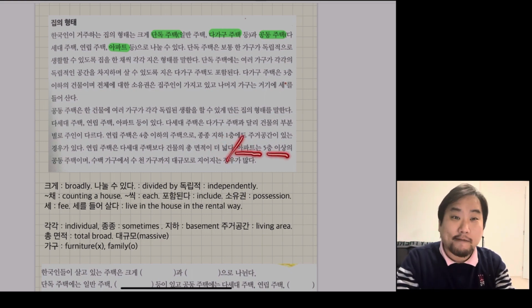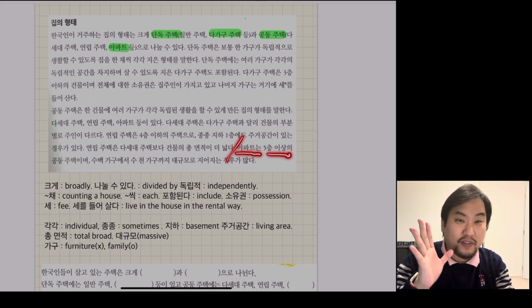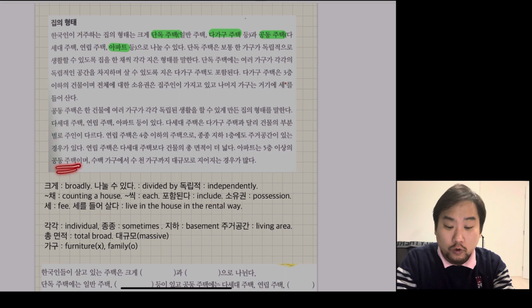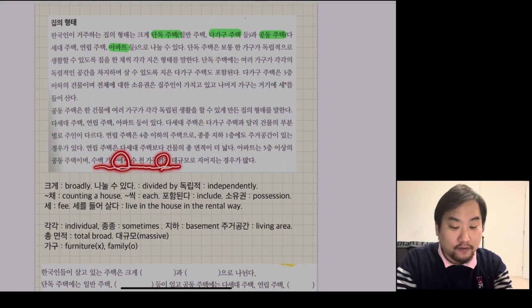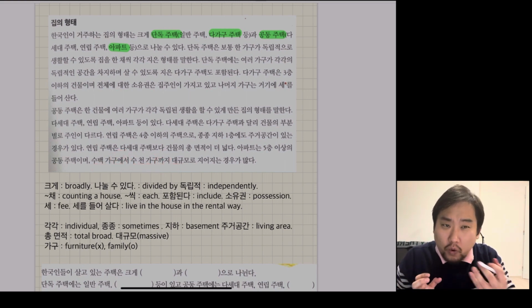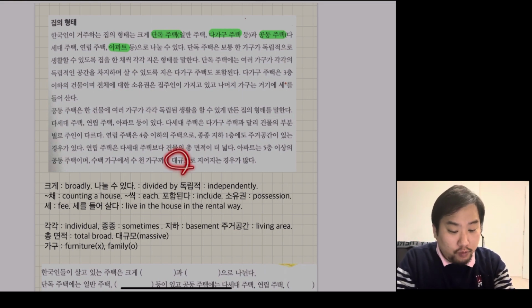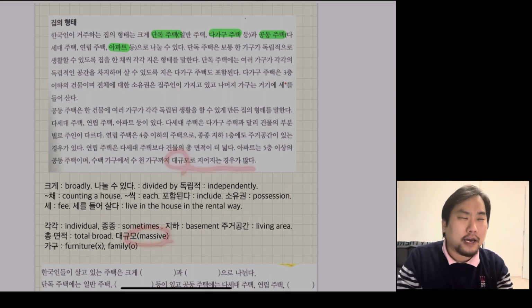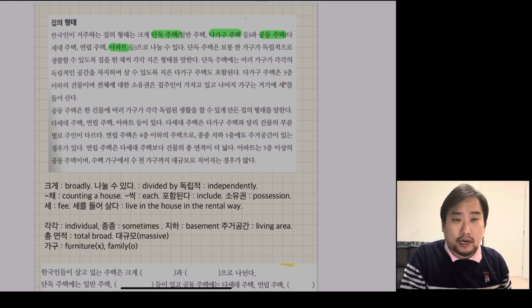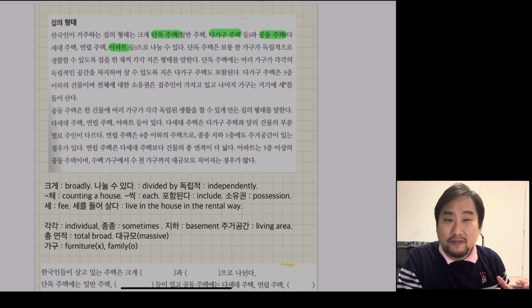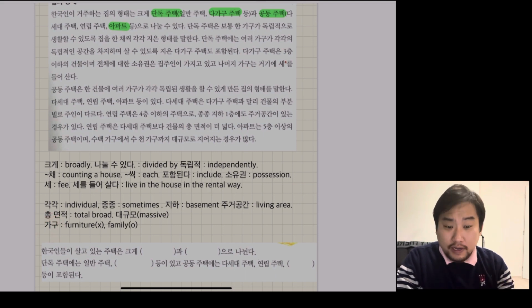apartment는 5층 이상, more than 5 floors, 5층 이상의 공동주택이며 수백 가구에서 수천 가구까지, from 100 families to 1,000 family members, 대규모, massive로 지어지는 경우가 많다. Yeah, so usually the apartment in Korea there is more than 1,000 families in the area of certain apartment. So again, 가구. The first meaning is furniture. It is okay, but in here, that means the family rather than furniture.